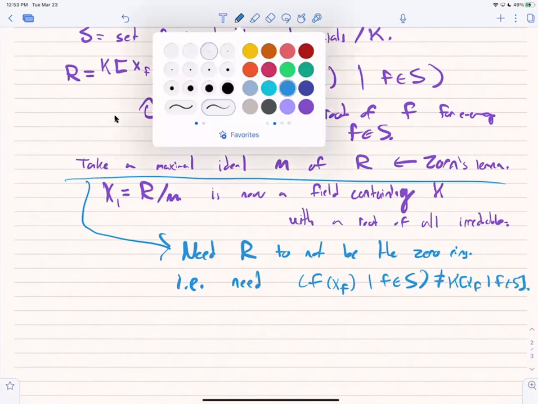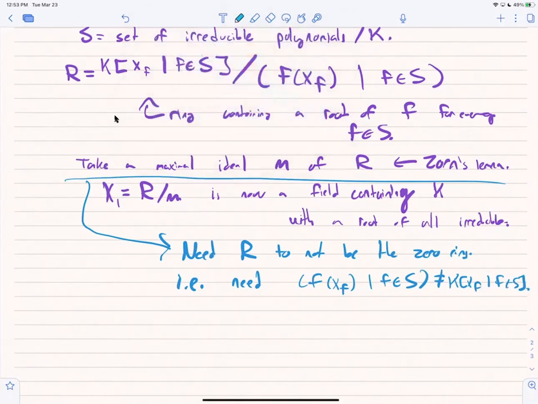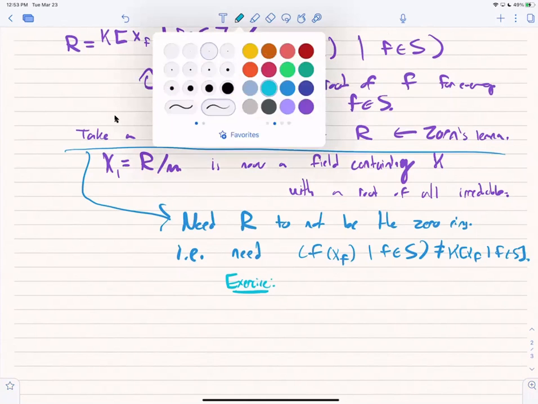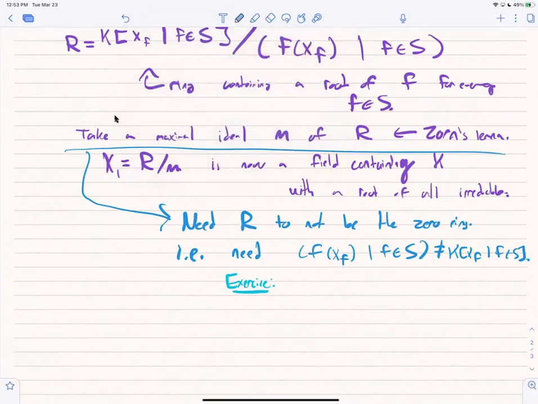Okay, so let me just say that's an exercise. This is a basic exercise related to a lot of the things you would have done when you were talking about algebraic geometry and the Nullstellensatz last time. Something very similar will show up already, but more difficult than this, depending on how you prove the Nullstellensatz. So show this. And the hint is